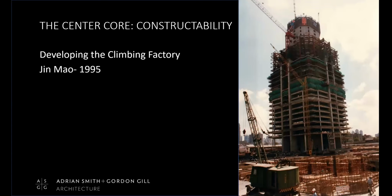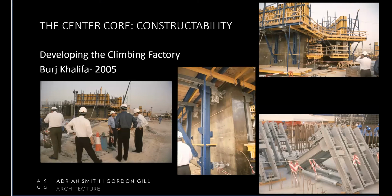So one thing, Carol wanted to make sure that I talked about constructability of the core, and here's another construction photo of Jinmao. And Bill, I don't know what the term Bill used, but I'm going to use the term climbing factory, because in essence, the formwork and all the associated structural stuff extrudes in a way the core up the building. So this is 1995, or of Jinmao, and it was actually relatively conventional formwork. It was kind of made out of 2x4s and plywood. But in 2005, when we were doing Burj Khalifa,